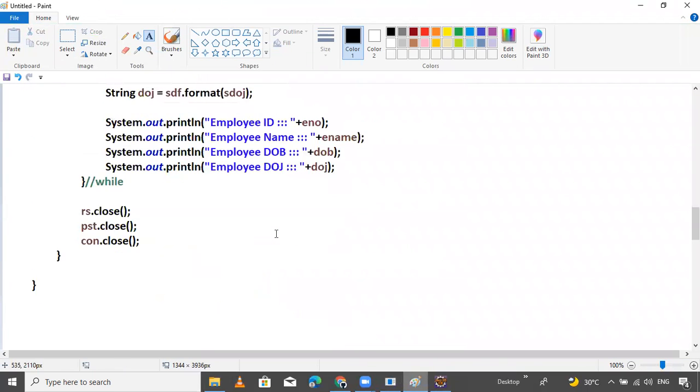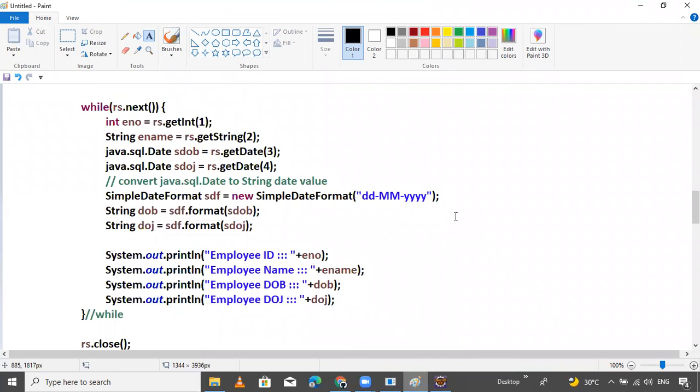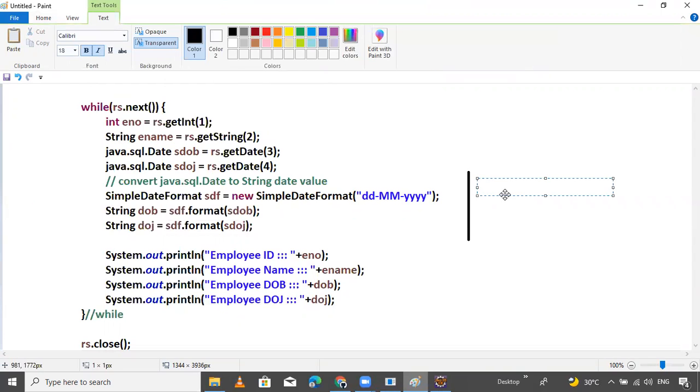Here we are performing conversion from SQL date to string date.